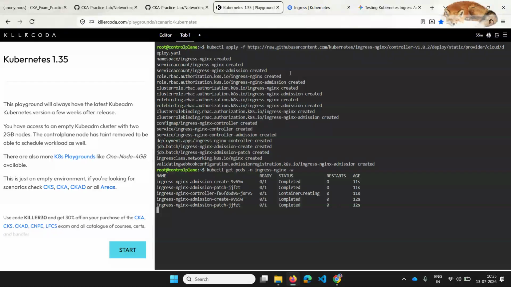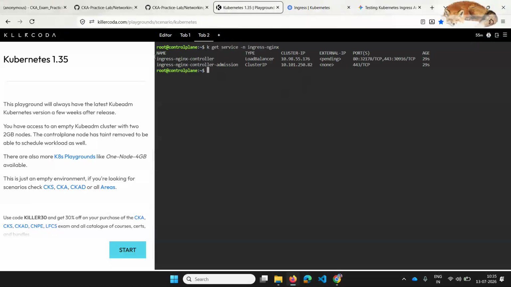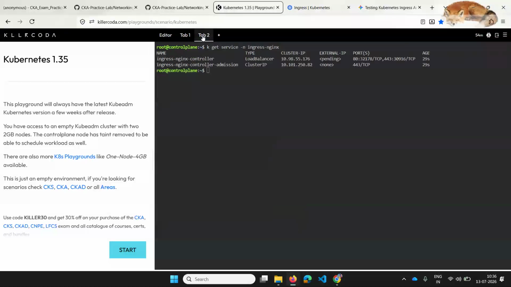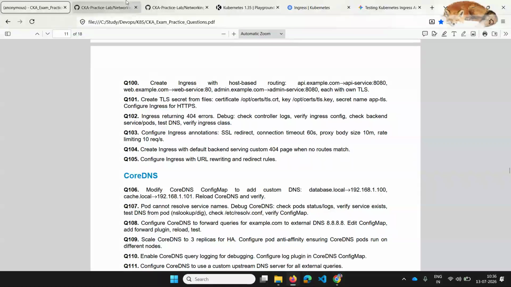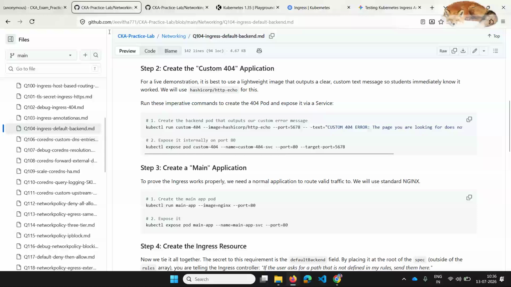Let's wait for some time, and meanwhile you can also check the services in the namespace nginx. These are the two services which have been created, and my pods are not yet up.